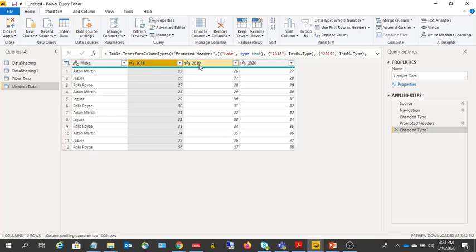Transform the 2018, 19, 20 to rows, and when you transform that, what will happen to these values here, 25, 26, 27, 30, 31, 38, 36? They will also be transformed to one single column, right? So finally we will be having a data of 3 columns.